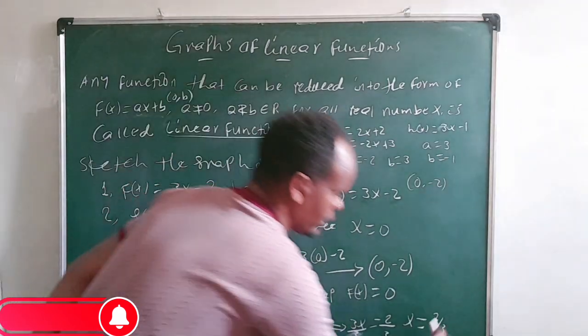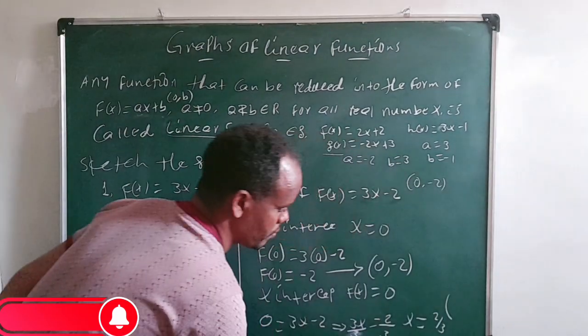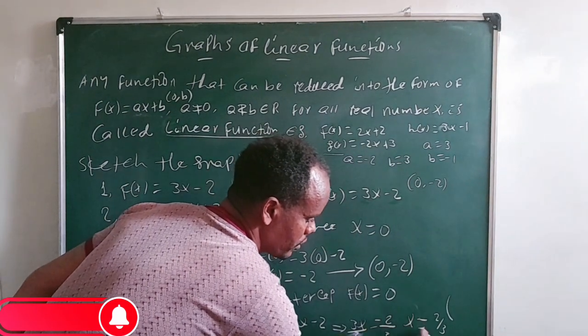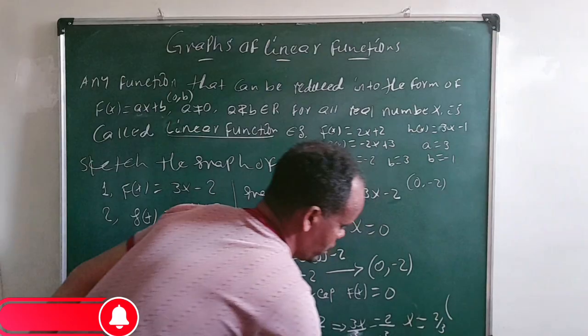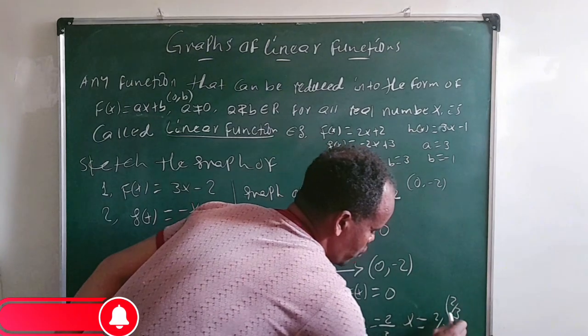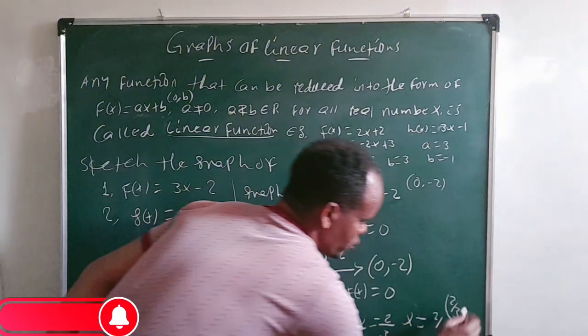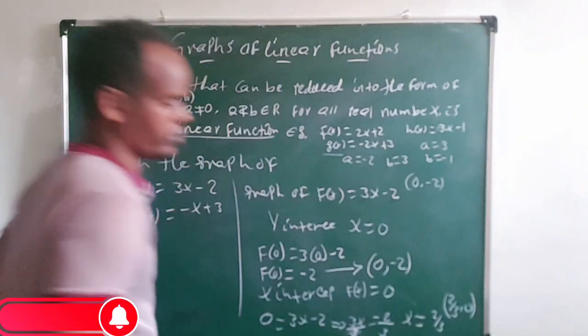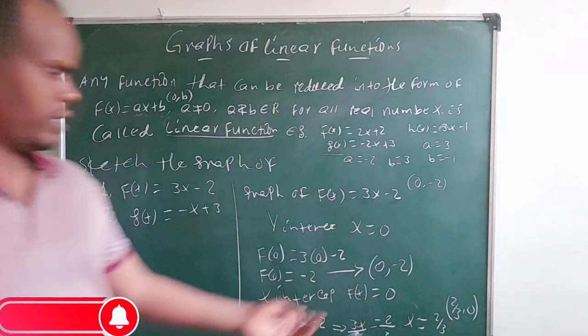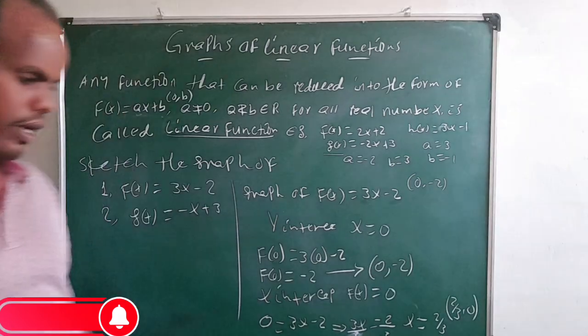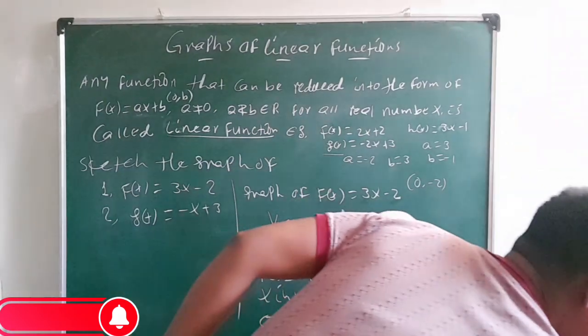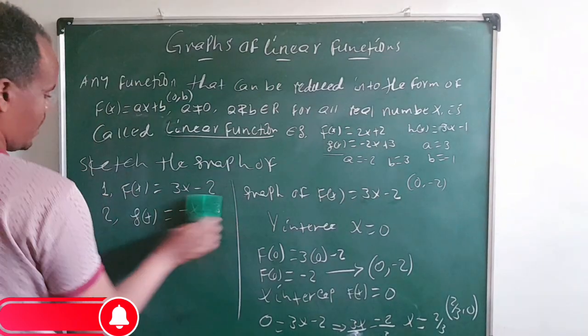That means in the ordered pair, the first component is the value of x, which is 2/3, and the second component is the value of y, or f(x), which is 0. So this is the x-intercept, and here is the y-intercept. So the graph will be